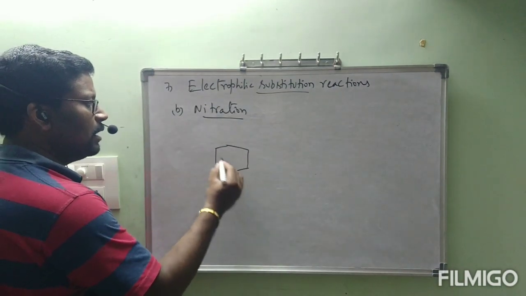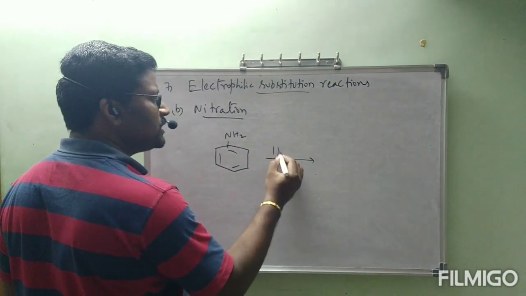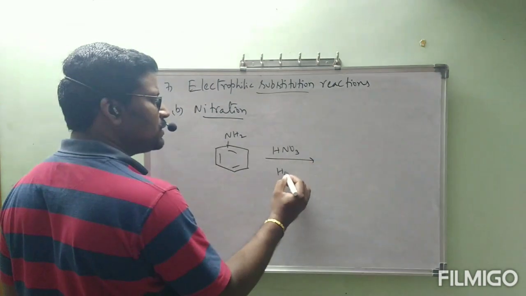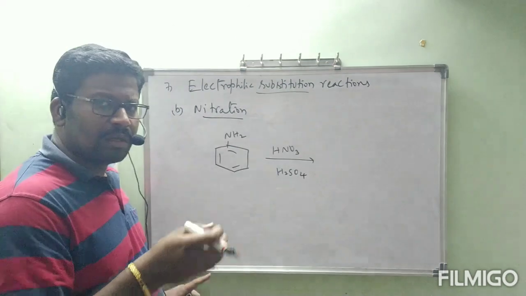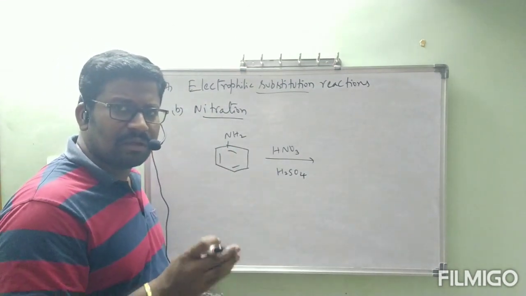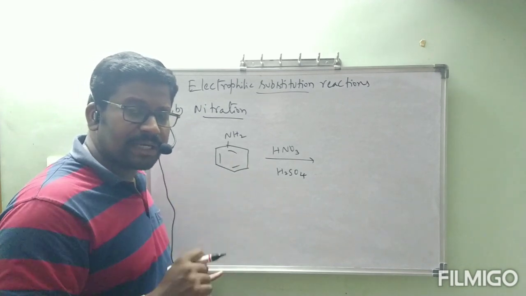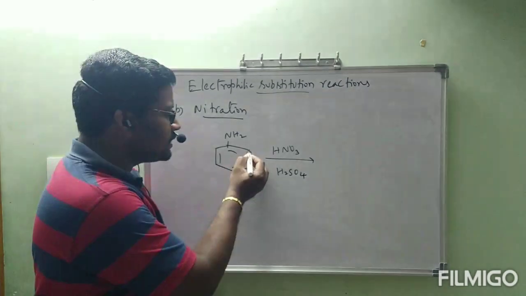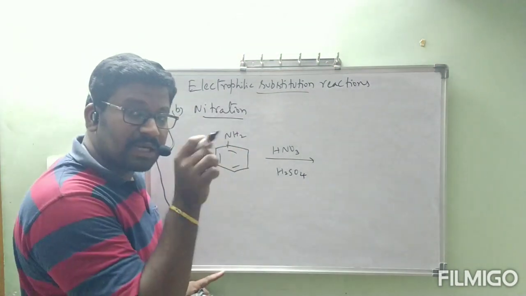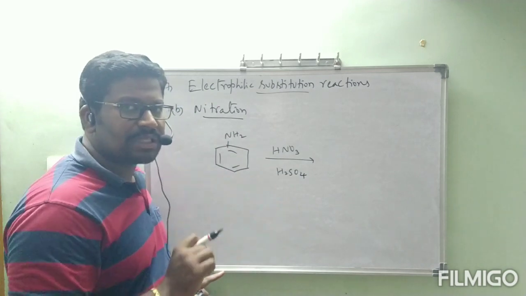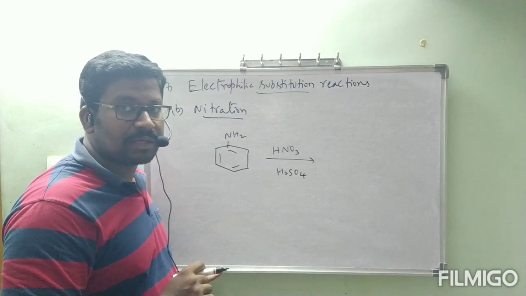This aniline is going to react with HNO3 as well as H2SO4. According to our expectation, NH2 is electron donating, so it will direct to form the para product. Why is the ortho product in minor quantity? Because of repulsions. If NO2 is there, this NO2 and NH2 are nearby each other, and because of the repulsion factor we got less ortho product. That is okay. But why are we getting so much meta product?